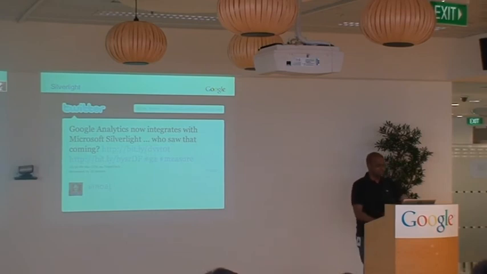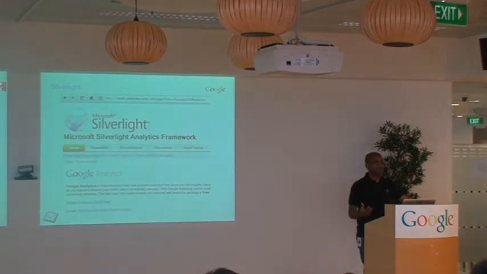But the nice thing is that the Silverlight team saw the importance of having a robust tracking solution, Google Analytics being one of them, and being able to integrate that into their Silverlight libraries. I think this is a great story as well, because many people perceive Microsoft and Google to be enemies, but I think if anything, analytics brings everyone together. The reason I say this is that analytics is a tool that's for everyone. Even though it has the Google Analytics name, I've shown you today that it's not really tied to any Google product, right? It doesn't only track users who come from Google AdWords.